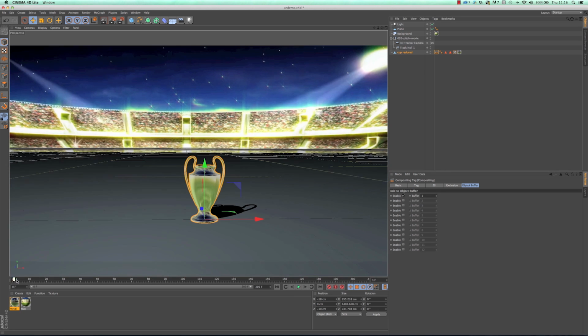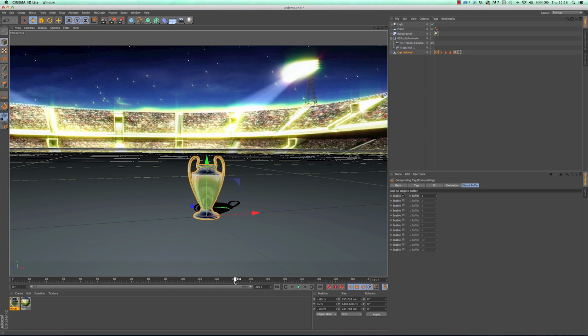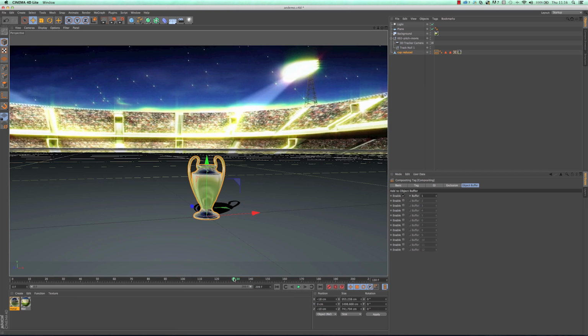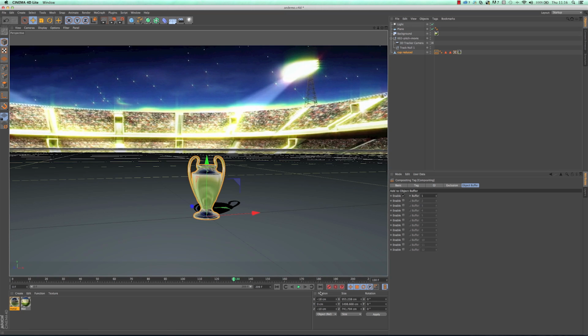So what you can do is move to, say for example, where the camera stops panning, so about here. This is a very basic time slider that I've got here, so very simple time tools that for the most part you can use to start things off and just get things looking nice. So I'm going to move it to there, and I'm going to say at that point I want the cup to be there on the pitch. At that rotation, that's great, it matches my null, lovely.